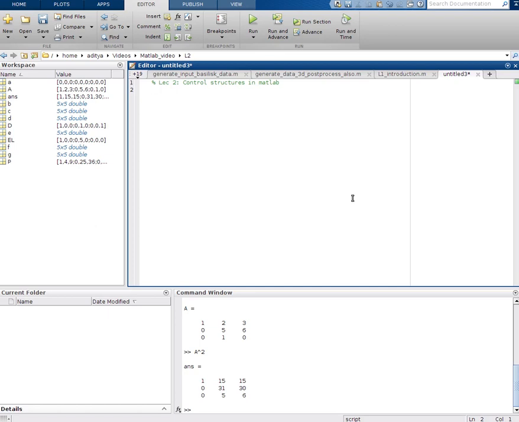So let's say we have a equal to 1, and then you want to print whether a is odd or a is even. So then you write if mod a comma 2 equal to 0, fprintf number is even, \n stands for next line operator, and then you write else